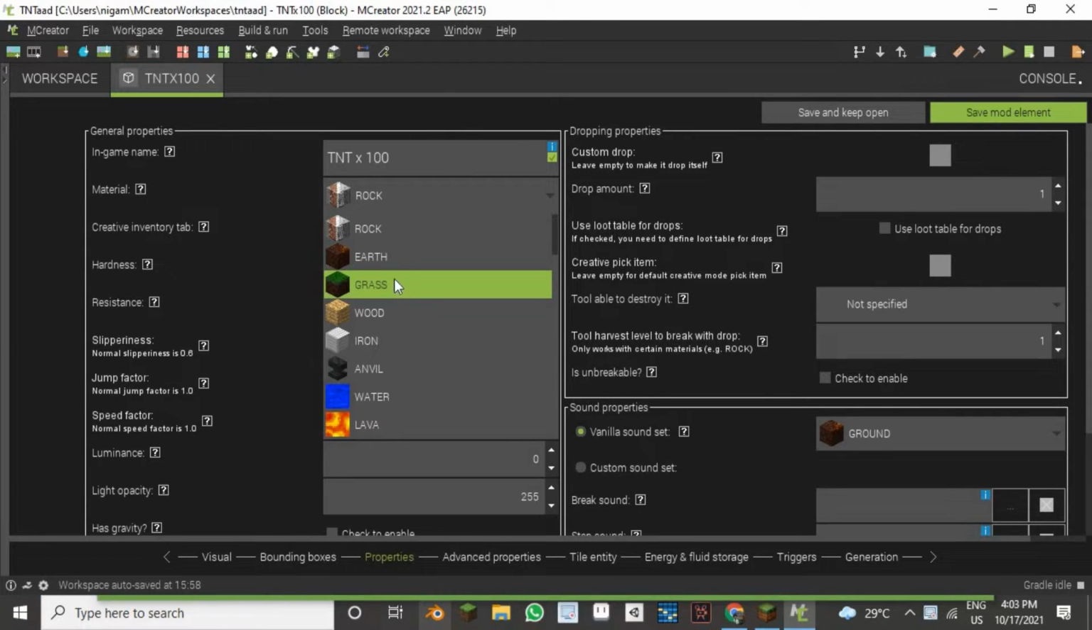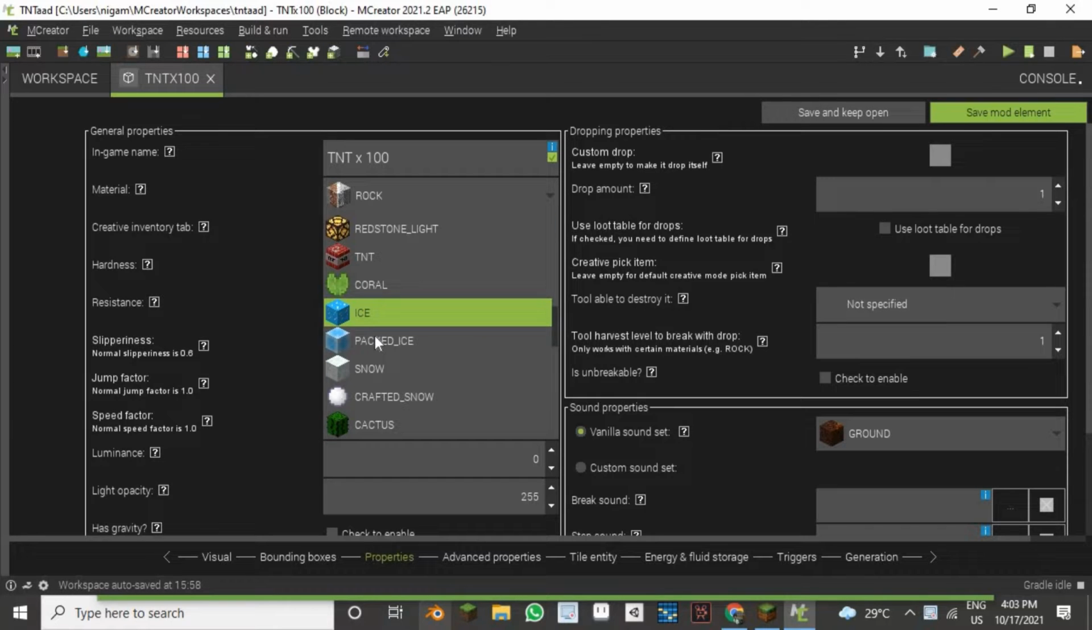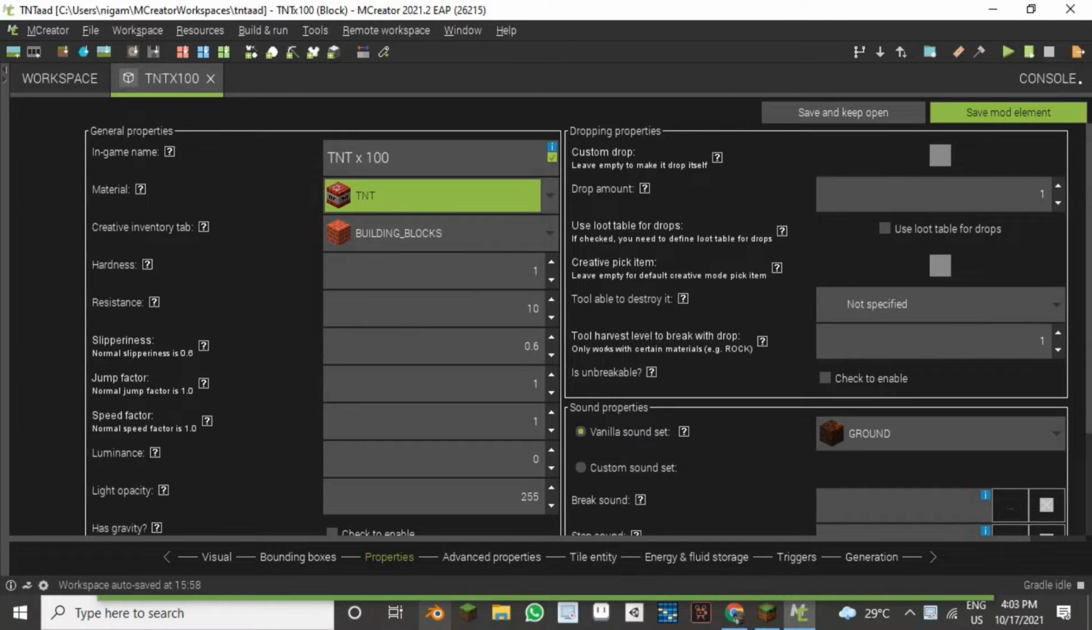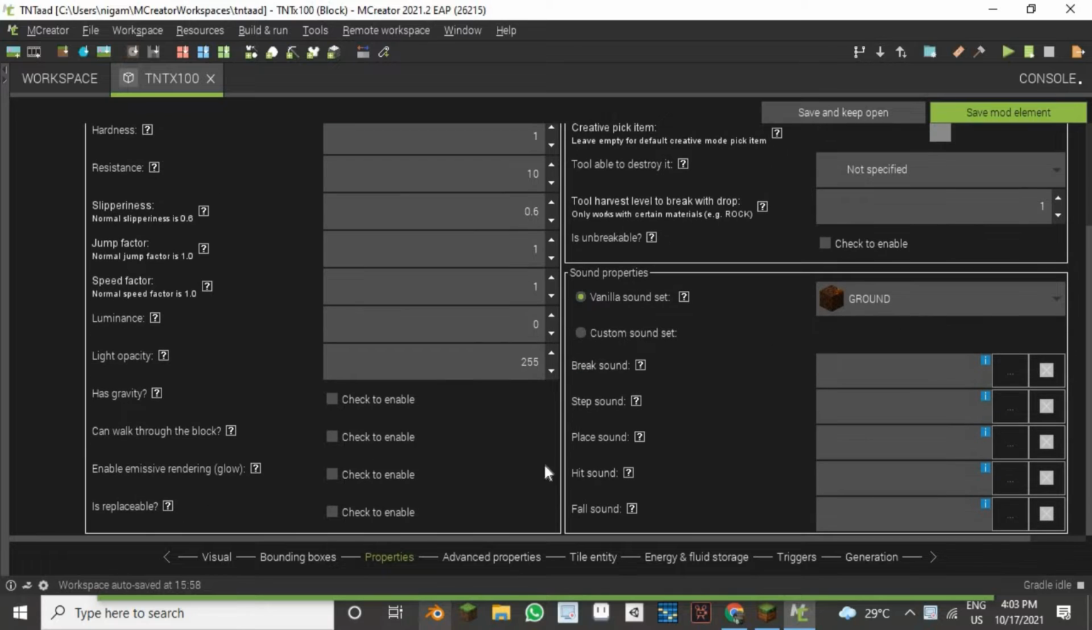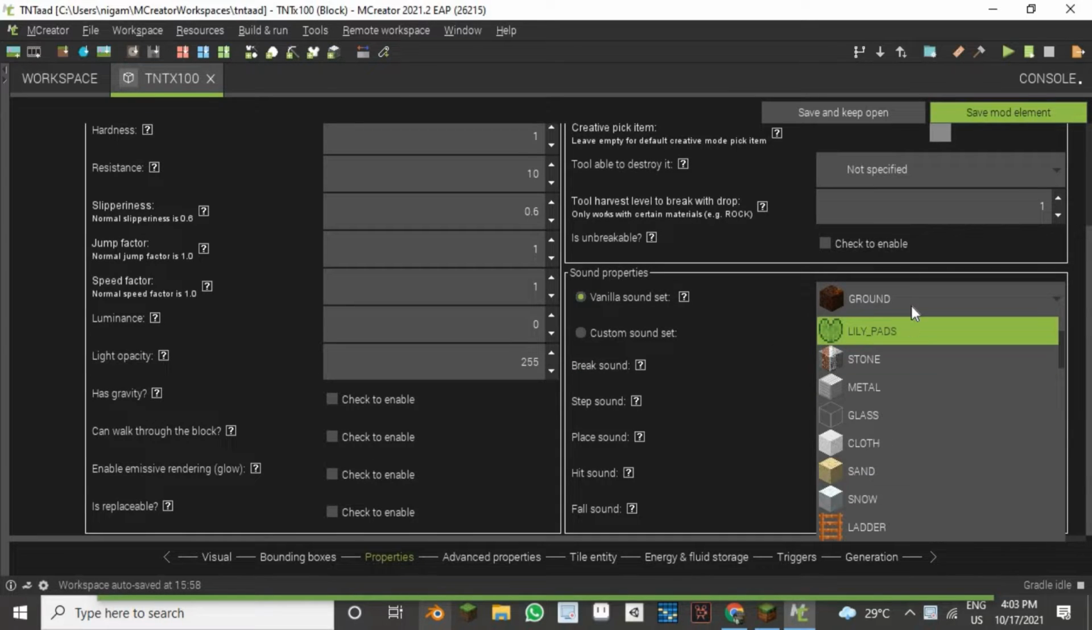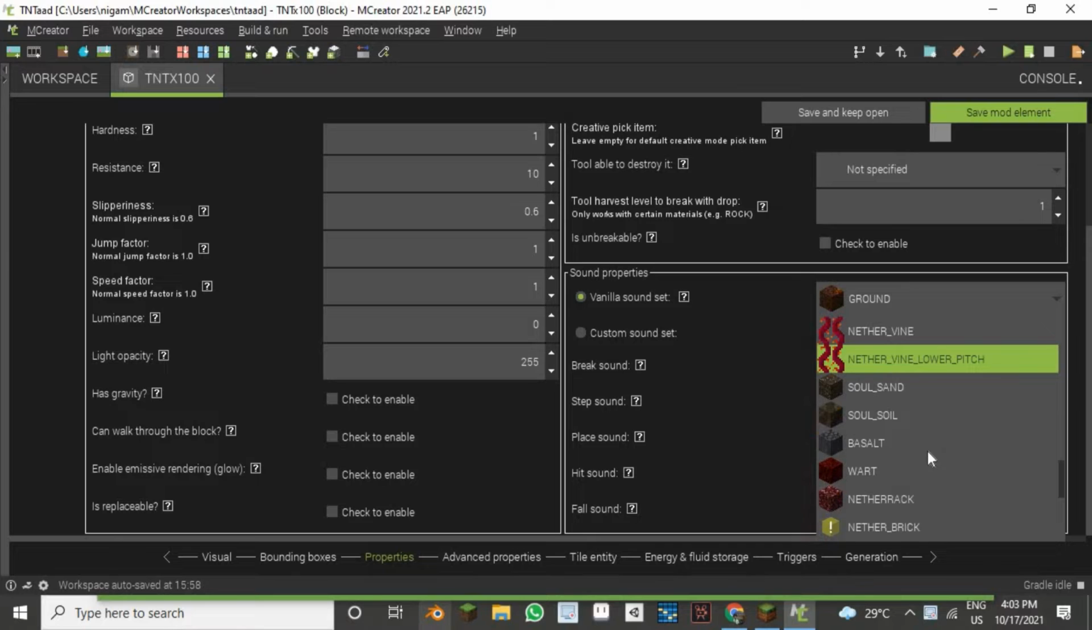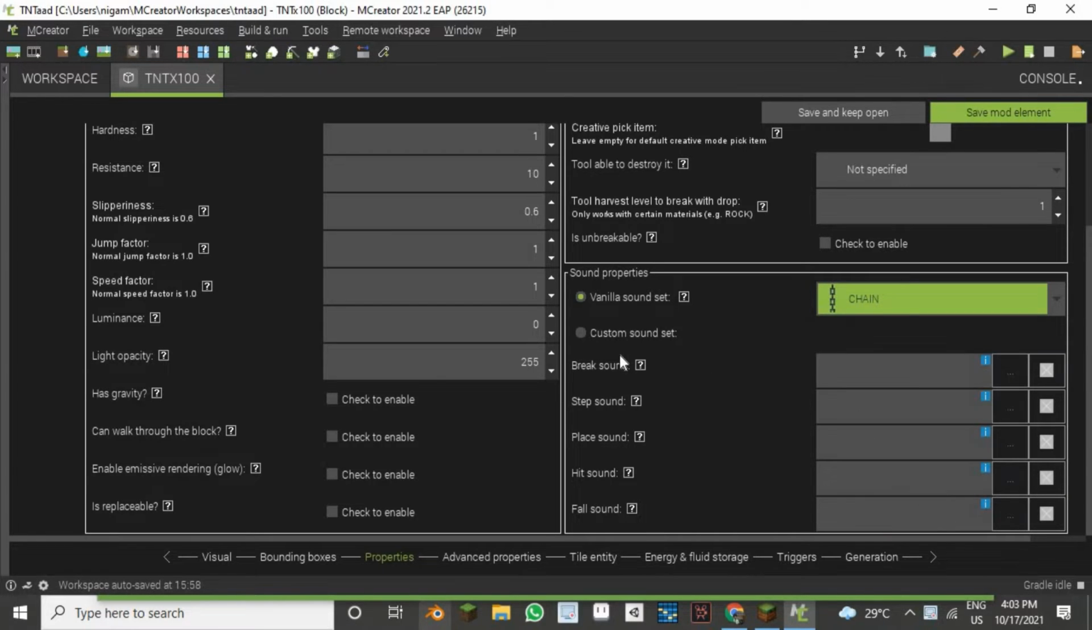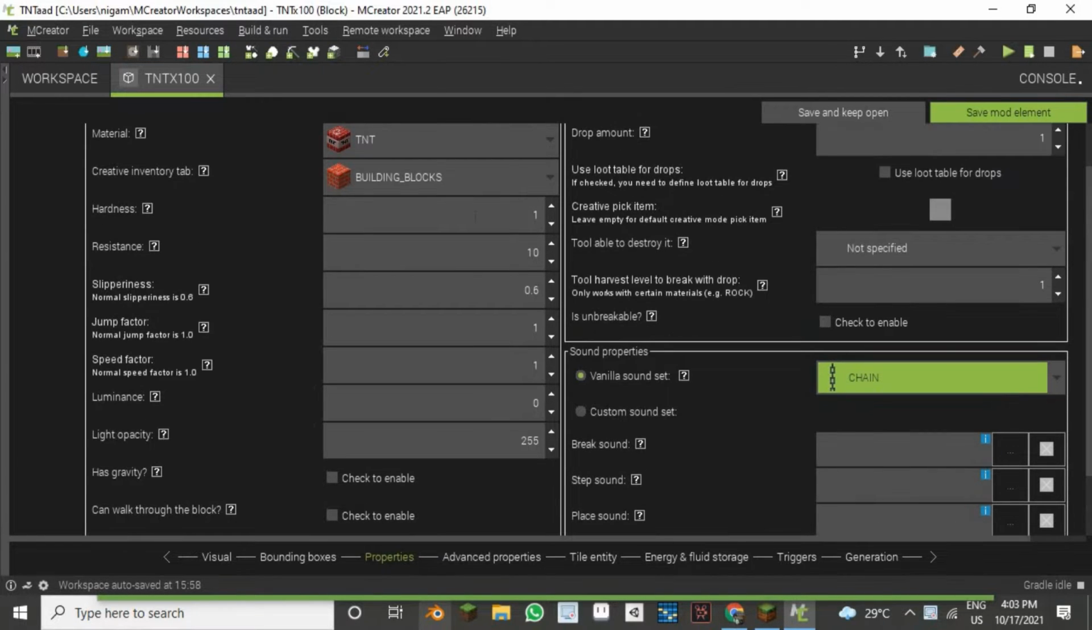Now you need to set this material to TNT and create the inventory tab. You just don't need to worry about it. You can put it if you want, and you can choose a custom sound set or a vanilla sound set. I just use the chain sound set for my video, and after that you need to set the hardness value to 0 as normal TNT is, and the resistance to 0, and click